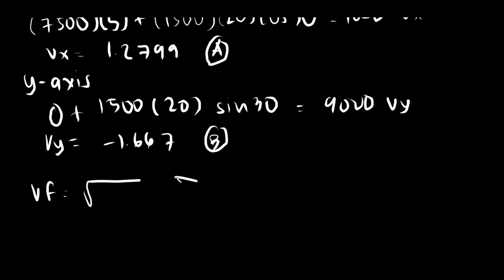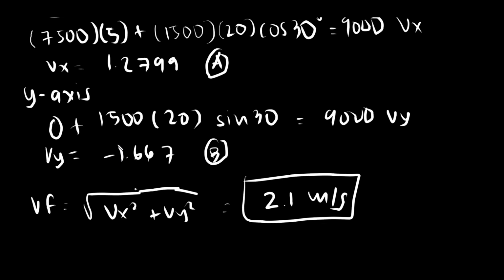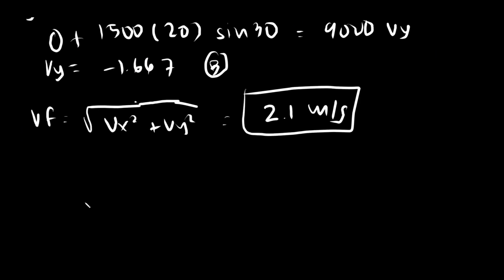taking the square root of, wait. So, Vx squared plus Vy squared na lang. So, ang answer ana is 2.1 meters per second. Okay, mao na imong final velocity. Now, para makuha ang direction, since nangayo ang problem og direction sa wreckage,